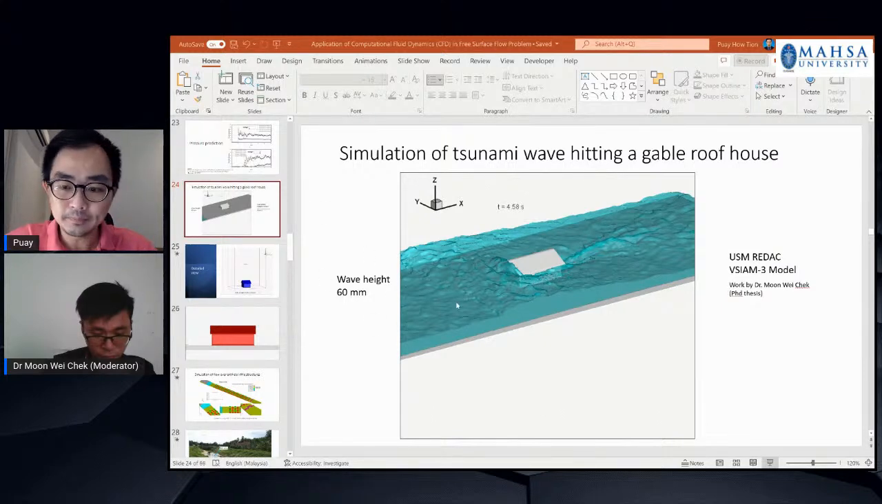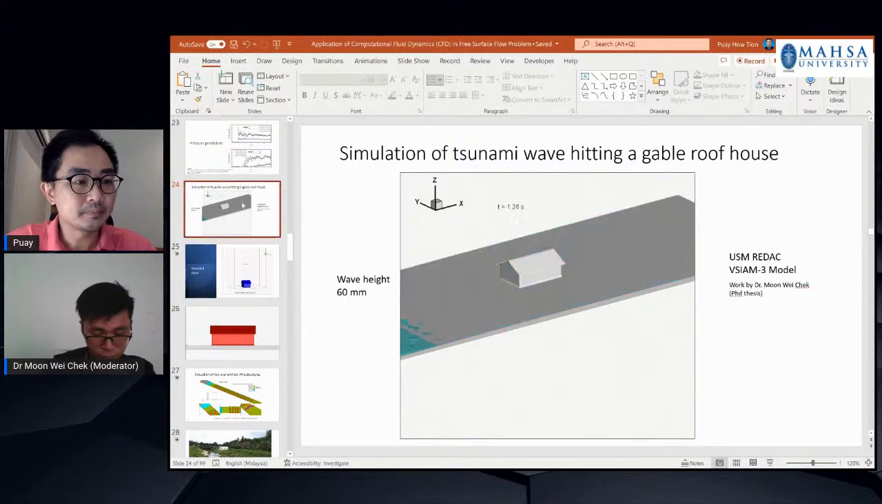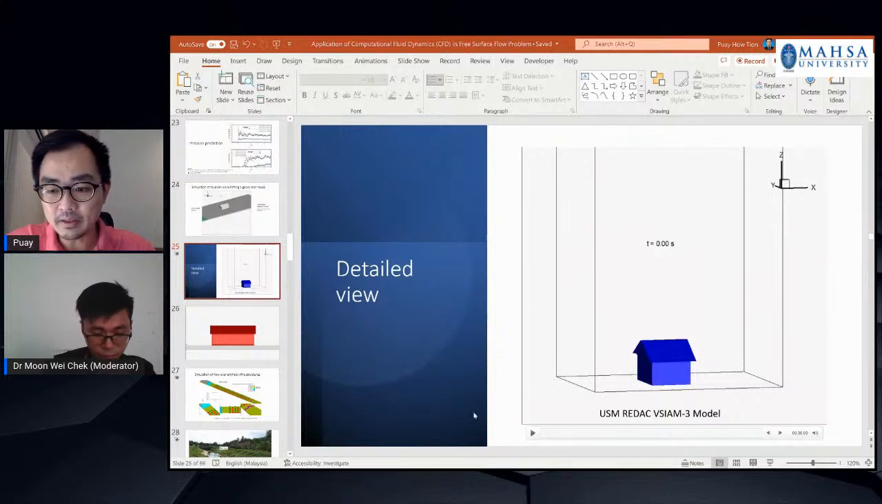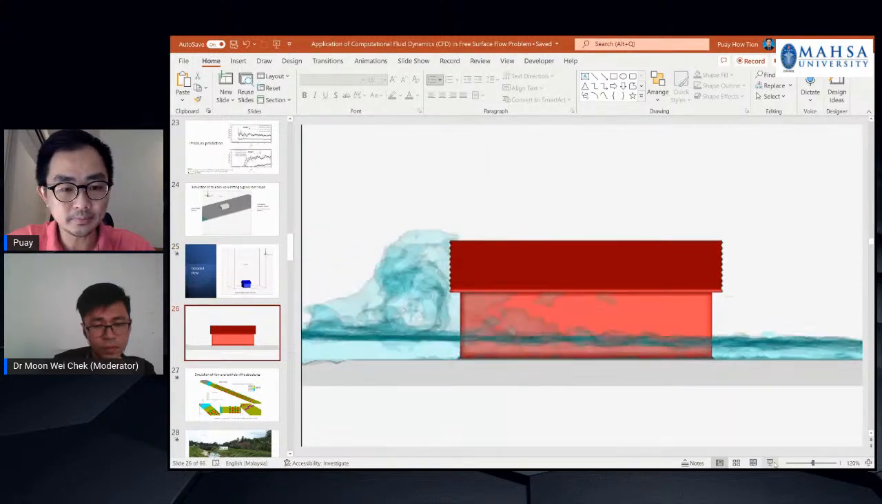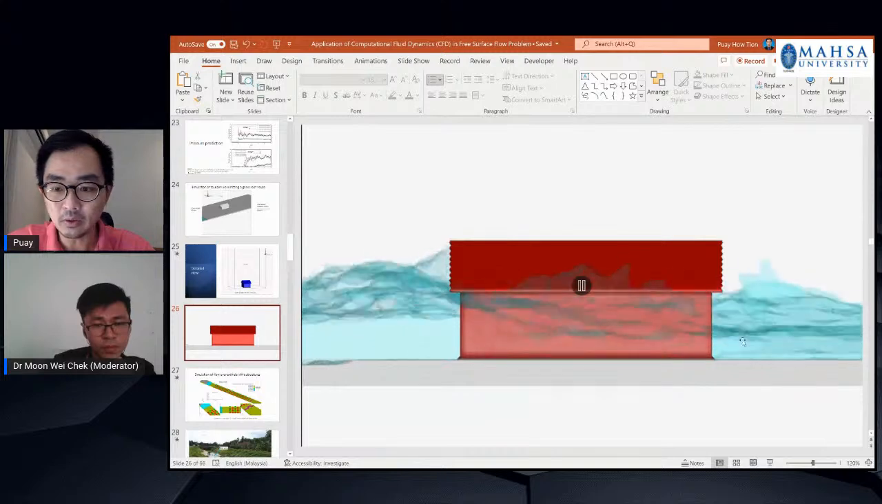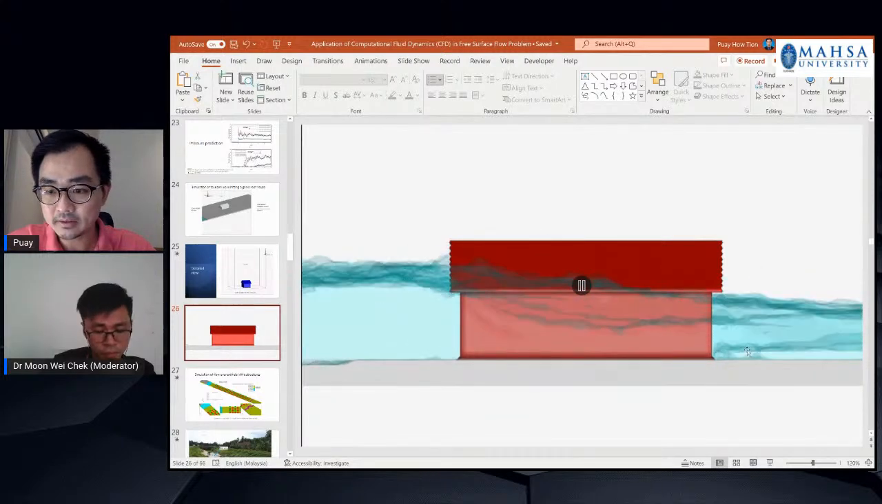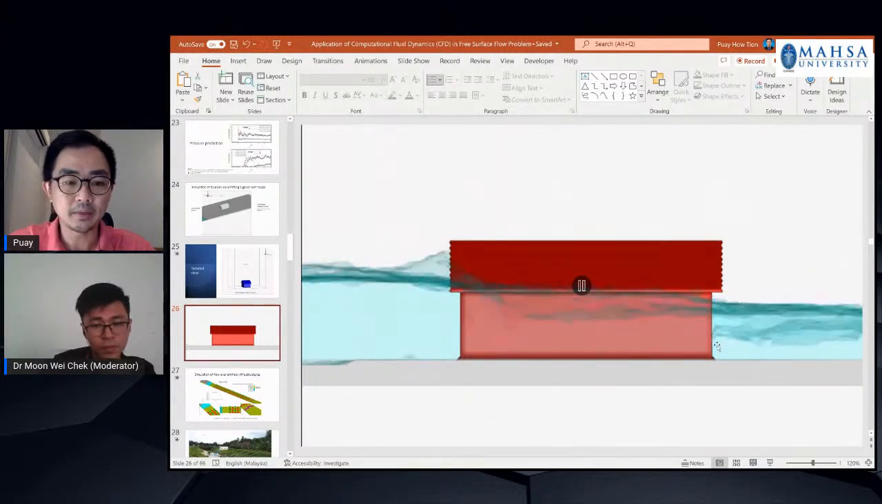And also, CFD gives you a lot of flexibility because you can view from different perspectives. You can see the velocity vector around the building, how the flow develops, how the pressure is being distributed around the building. Okay, it gives you a lot of detailed view. This is another view here. You can see how the flow develops at the back of the building here, as well as at the